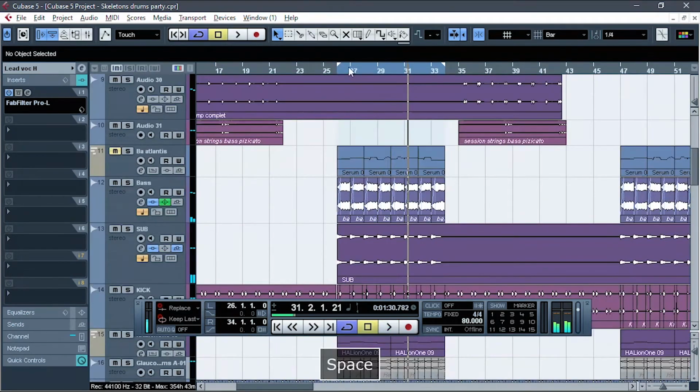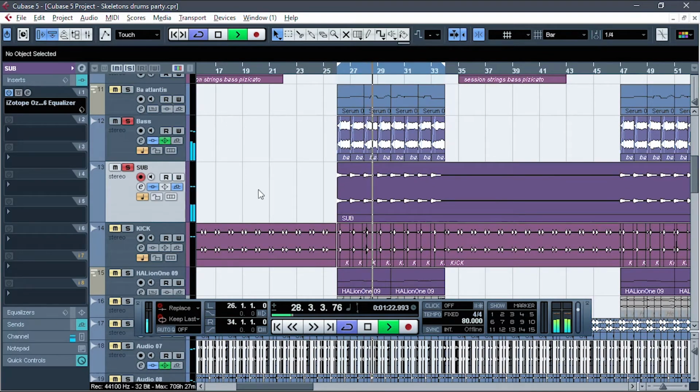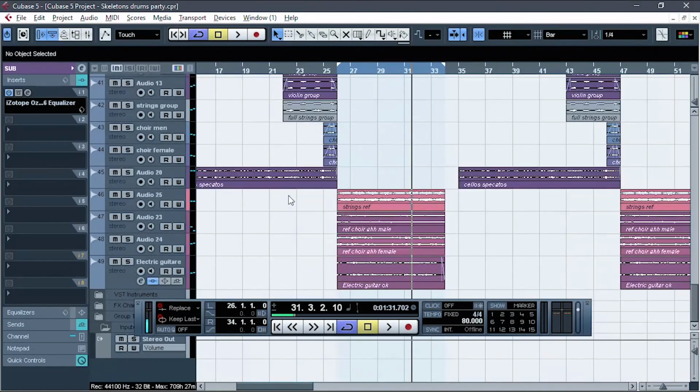In the chorus section, we have the main bass track, along with a sub-bass track, and we have the male choir track and the female choir track, the strings track, and an electric guitar,